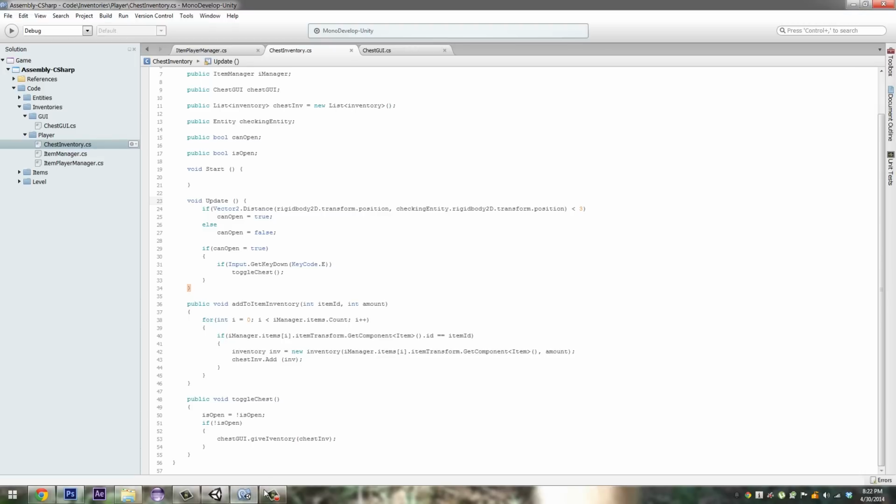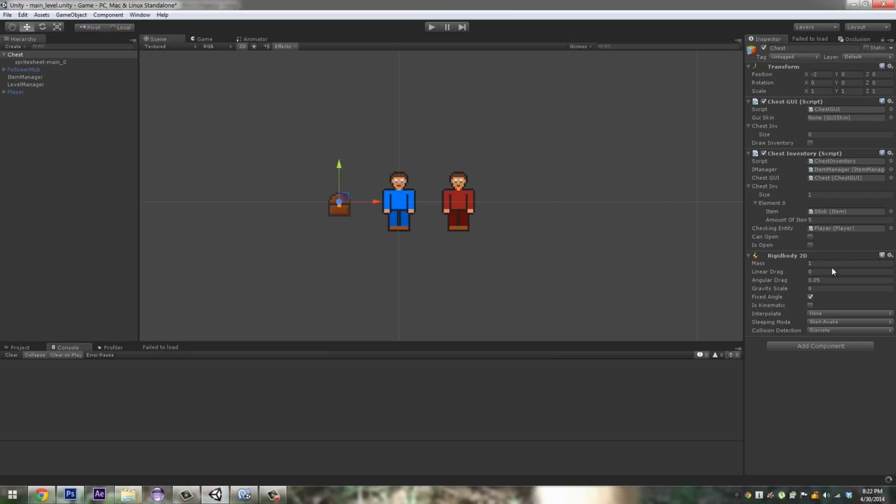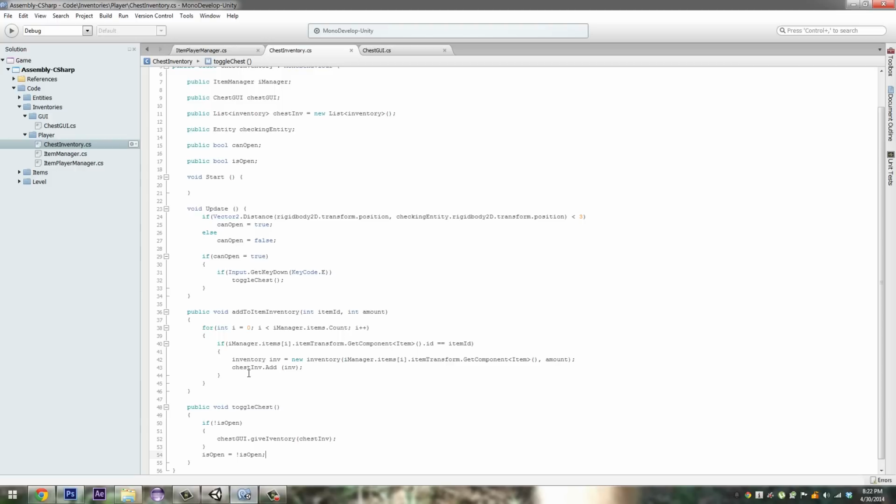Hmm, 2 seconds. Let me review this. Actually, remove this part here quickly, and we'll do this. What's our canOpen? Our canOpen should equal false, but it equals true. Alright, 2 seconds. So if Vector2, the distance between